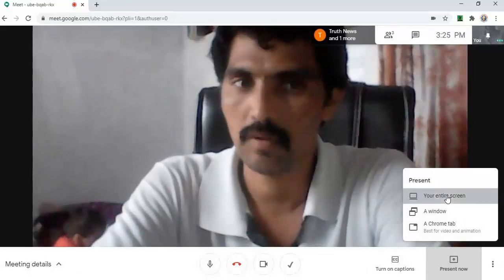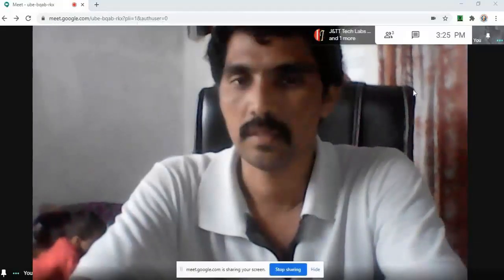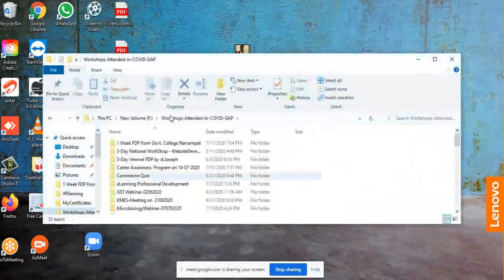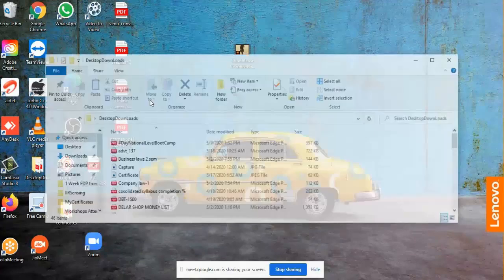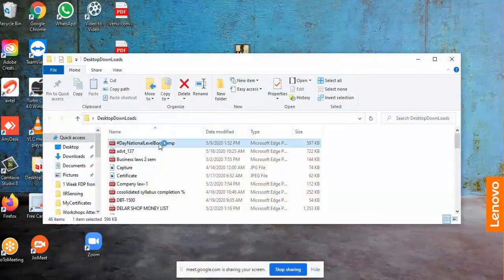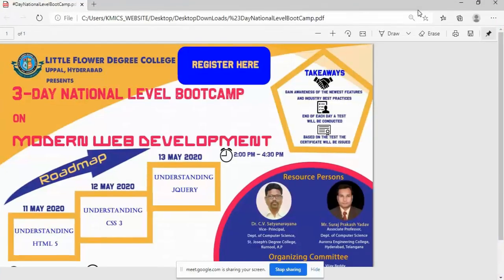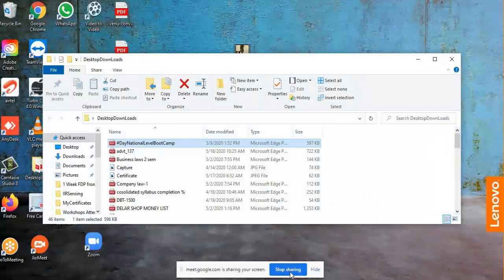Here, if you go for the full screen, you can share the screen. We can go to the full screen. After that, now I'm presenting the screen, means a screen sharing option. Once you share the screen, that desktop will be displayed on the client side and the trainer side. But here I'm trying to share some PDF instead of displaying anything. I'm just sharing that PDF. This PDF is displayed on the screen. The same screen will be displayed at the student side also.